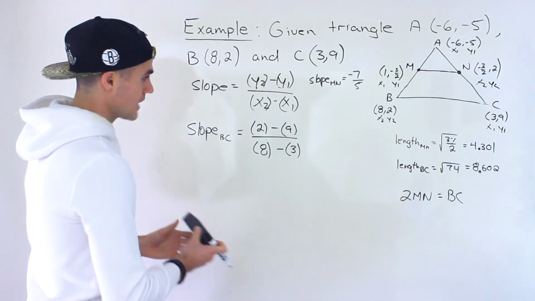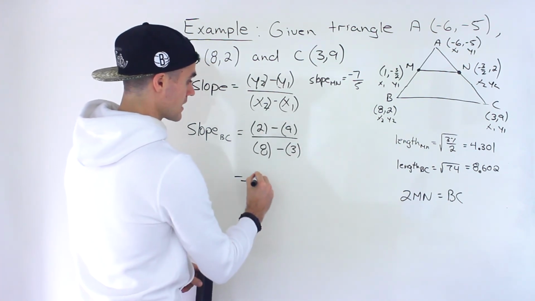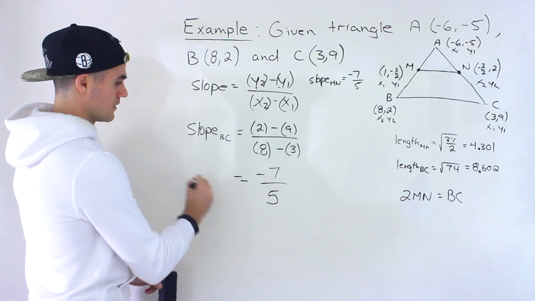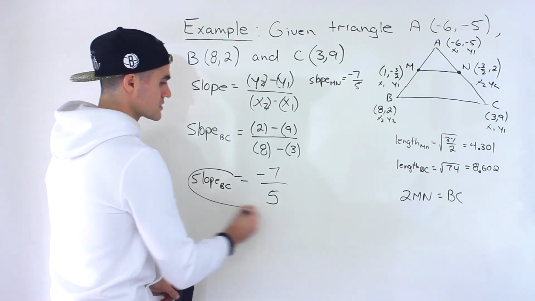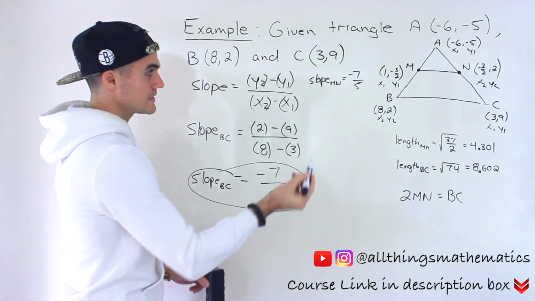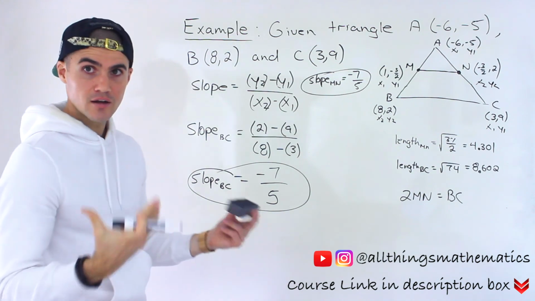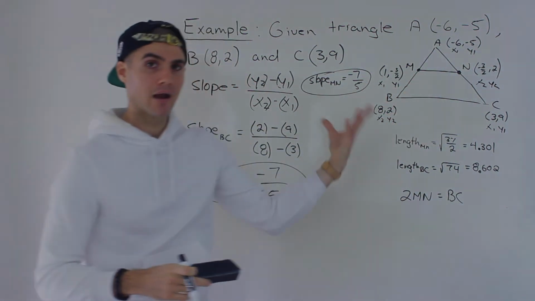And then from here, this is nice. Actually, we don't have to deal with any fractions. It actually ends up just equaling 2 minus 9 is negative 7. 8 minus 3 ends up being 5. So that's the slope of BC. So the slope of BC we showed is equal to the slope of MN. And so we are done with number 3. We verified that MN is parallel to